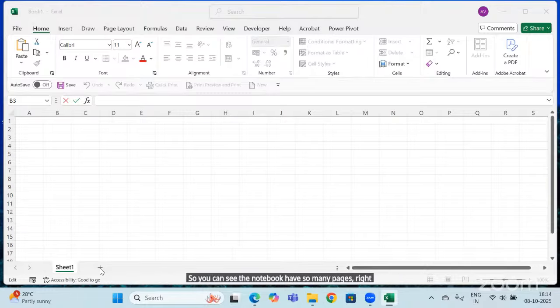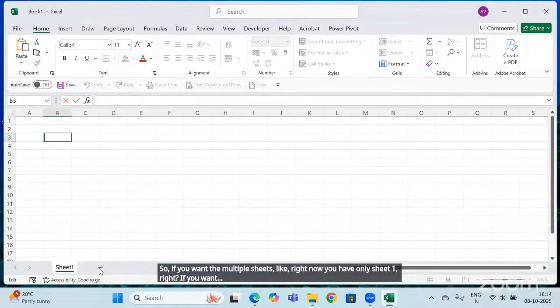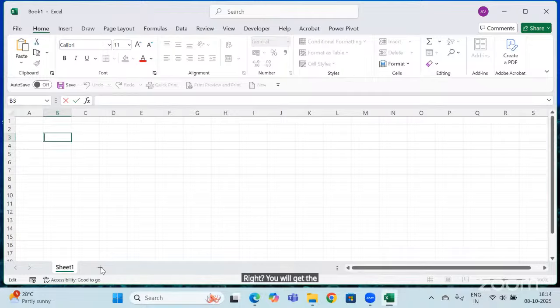Similarly, an Excel workbook also has multiple pages, depending on the memory of your laptop. Right now you have only Sheet1. If you want another sheet, you can just click on the plus sign and you will get another sheet.